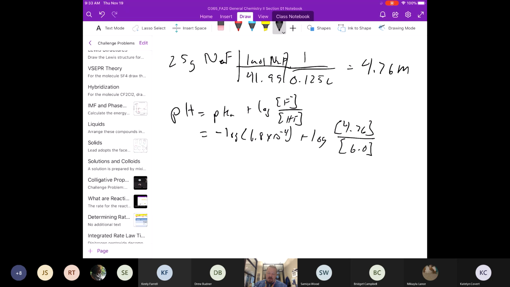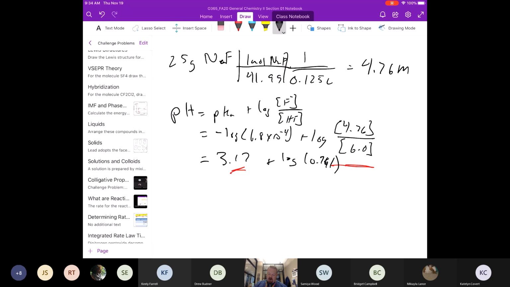So if we do this, calculate the pKa, we find that it's 3.17, right? If we look at this over here, we have more acid present than base, which means that this number, the pH, should be lower than this number. If we have more acid, we should be shifting it towards the acidic side, which means the pH number should be going down. And if we do that math, plus the log of this becomes